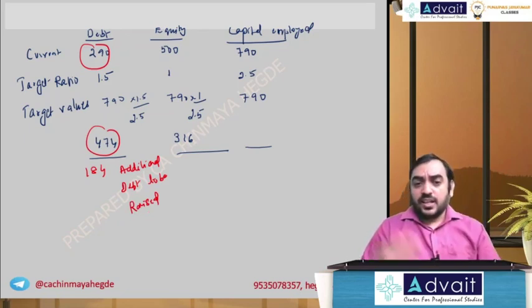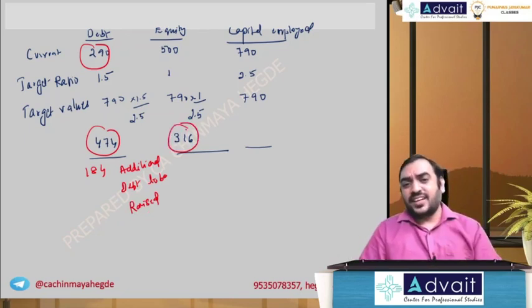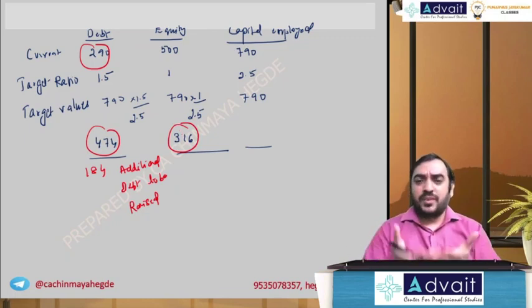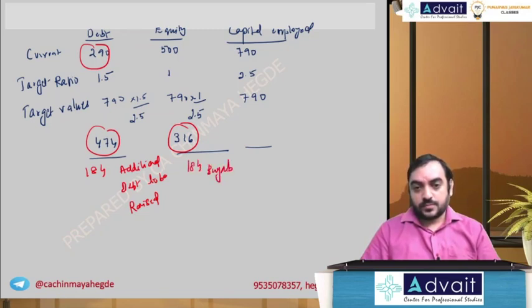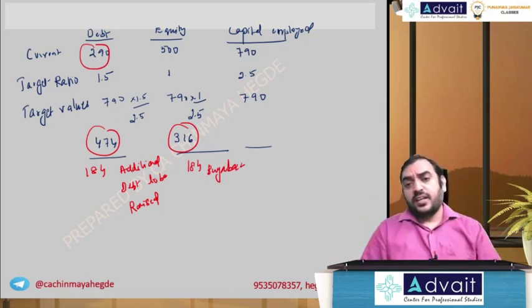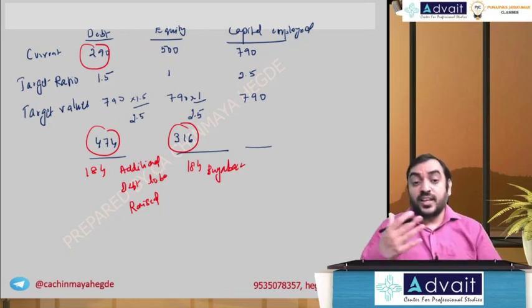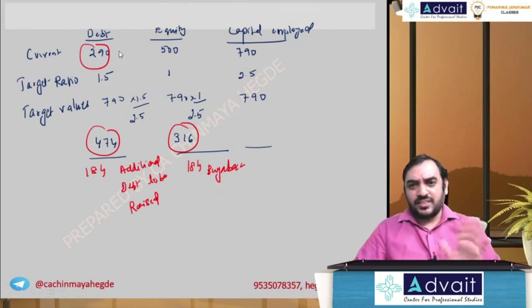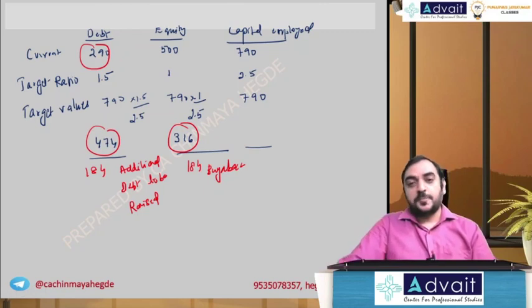500 equity, you have to make it 316. You understand? 500 to make it 316 means what should happen? It should reduce. And what they're telling, we need to do a buyback. So what is the difference? Of course, the difference should be exactly the same, 184. This is the buyback. By doing buyback, equity value will reduce. By raising additional debt, debt value will increase, and thereby the target debt equity ratio of 1.5 can be maintained. This is not from this chapter, this is your basic IPC level problem. Anyway, you take it down till here.